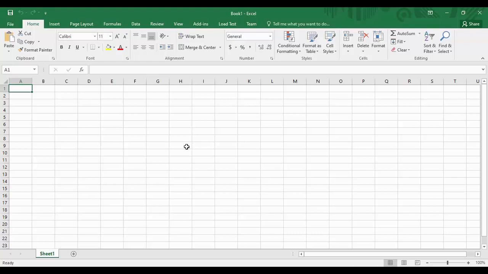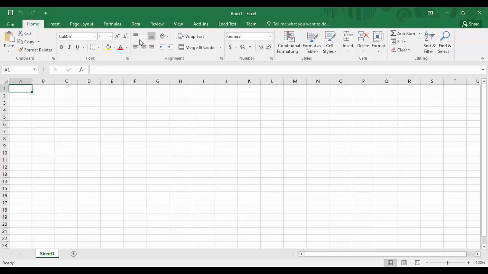However, there is a general misconception that this software can only be used by people who have advanced knowledge of accounting, but that is not the fact. In this tutorial series, we are going to tell you some of the basics through which you can easily organize your data using Microsoft Excel. So in our first tutorial today, we are going to start with a basic introduction of Microsoft Excel.